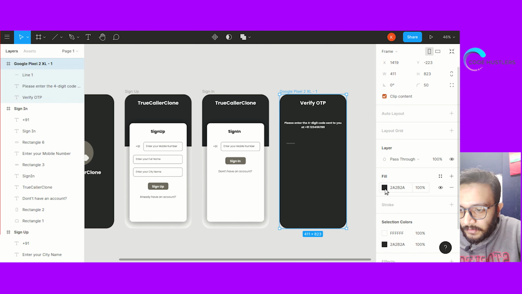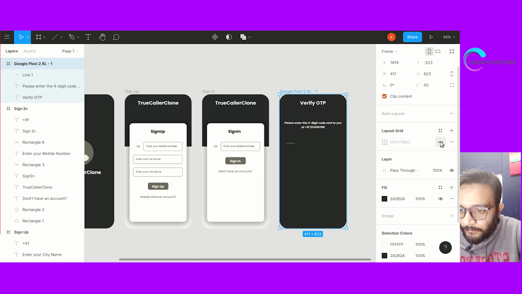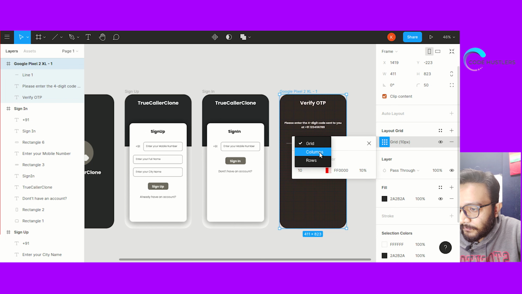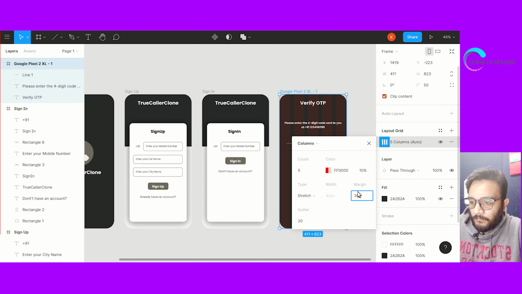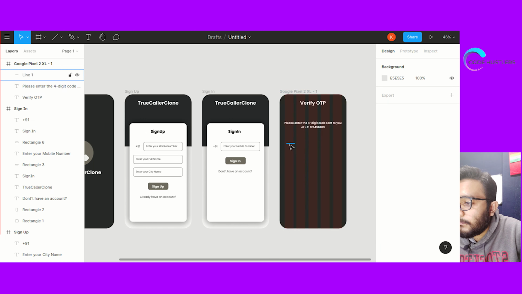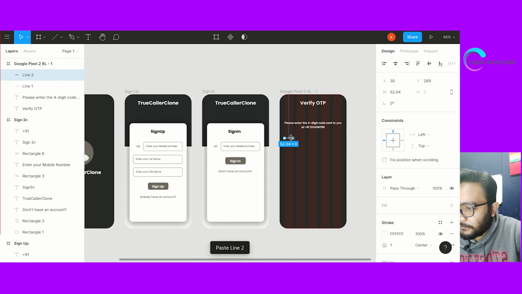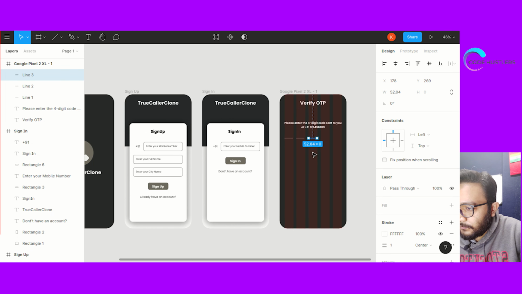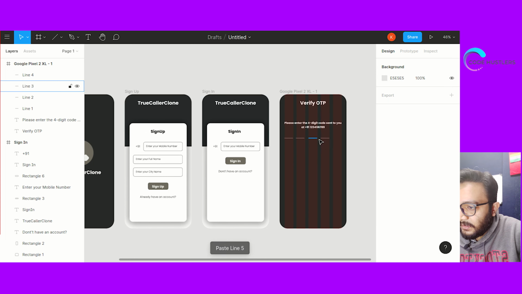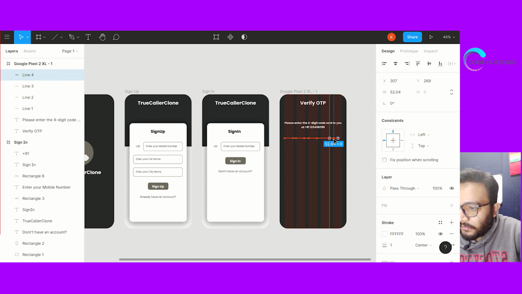Let's make this grid visible. Keep it to 4 digits for now.